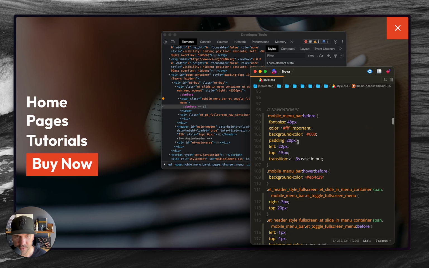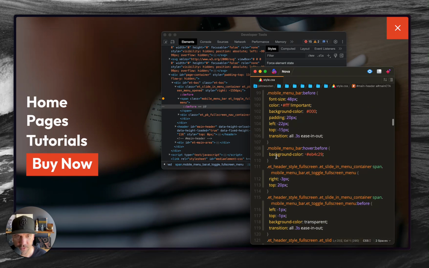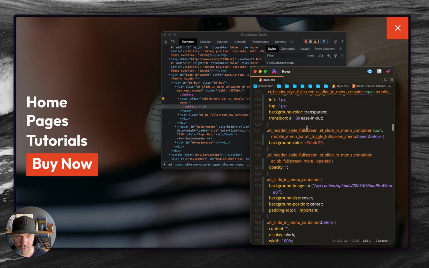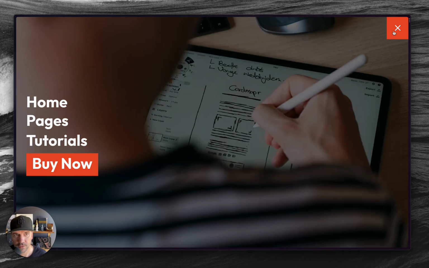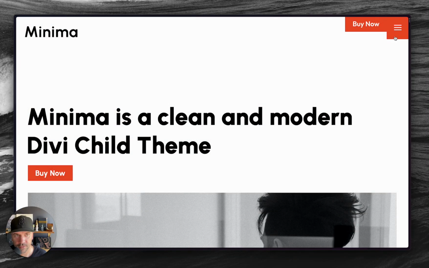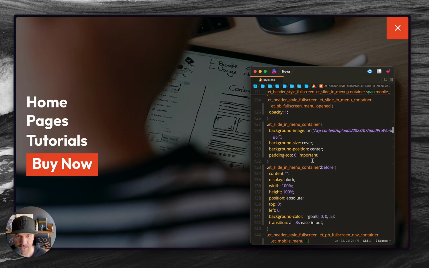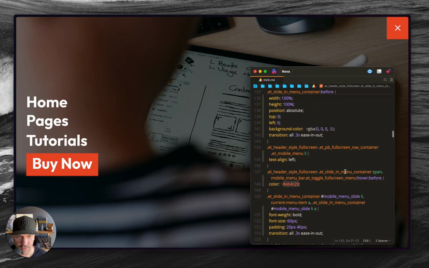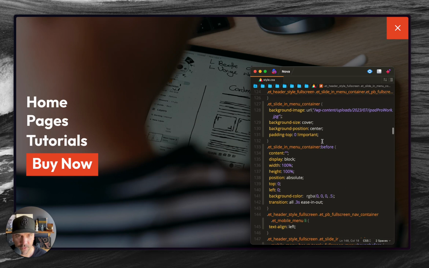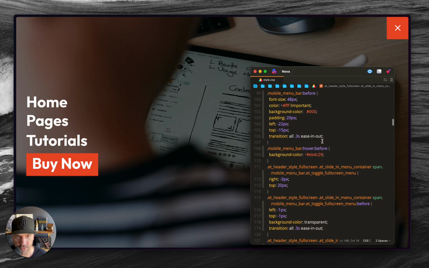Okay, yeah, so it's going to be in this navigation section. So here's what we did first. And then if we come down here, this 121, this is the hover on this one out here. That's 121. And then 147, come down here. The slide in menu container, color. That's on hover. That's doing that too. Okay. So the big question is, if I change the hover